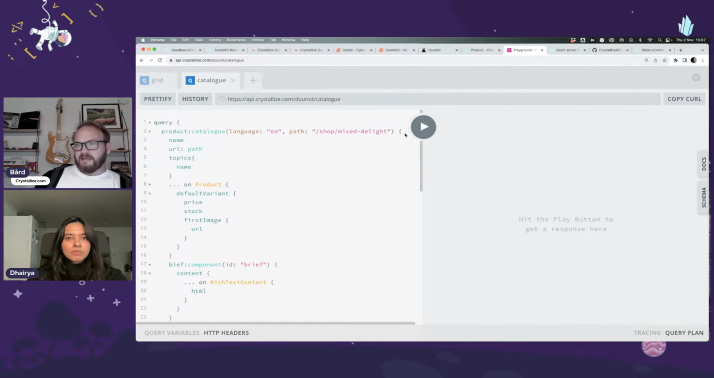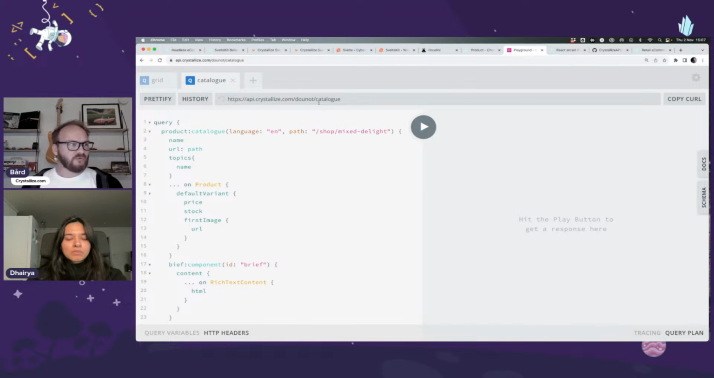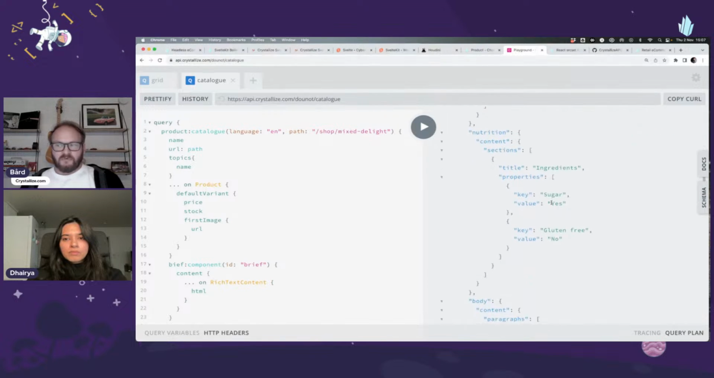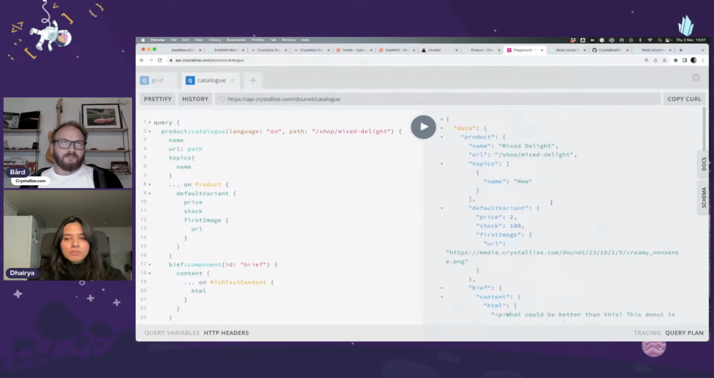So this here is basically the GraphQL IDE, as it's called, basically the UI to work with the GraphQL API. One of many available, but this is the one we bundle with our API. And here basically you can put in a query and then you get the data out. For those that don't know GraphQL, it's basically